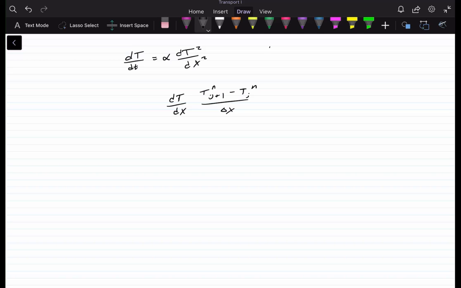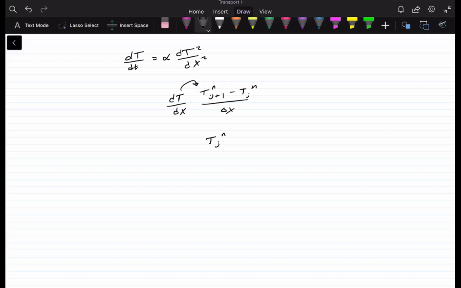So if we've got a long bar and this is one end and this is another end, what's the temperature at this point, at this point, and basically just as we go across, the temperature is going to change with time, and the temperature is also going to change with position. So that's one equation that we've got there, and another one that we can have is